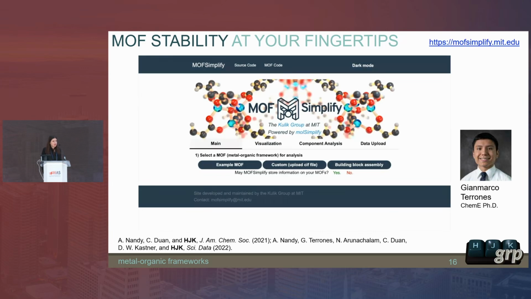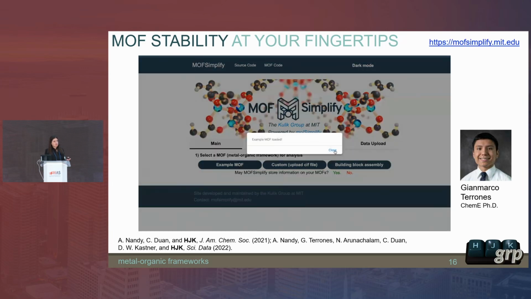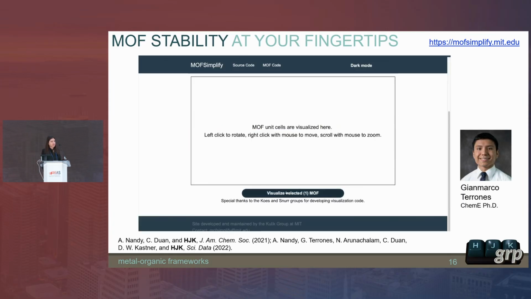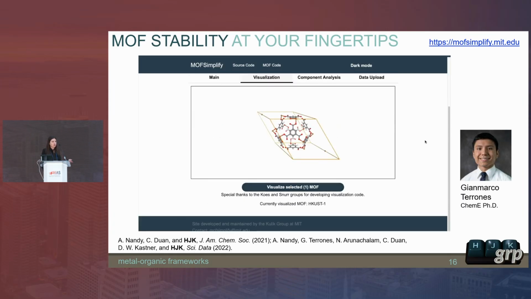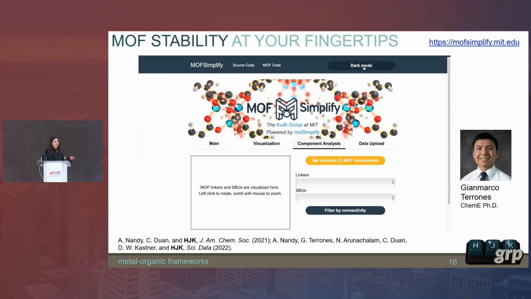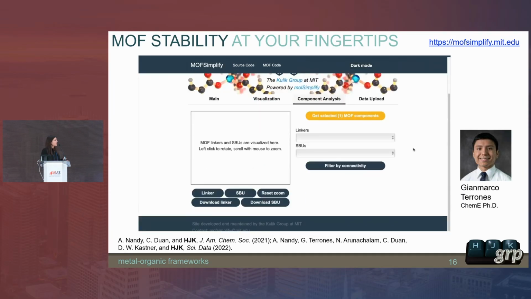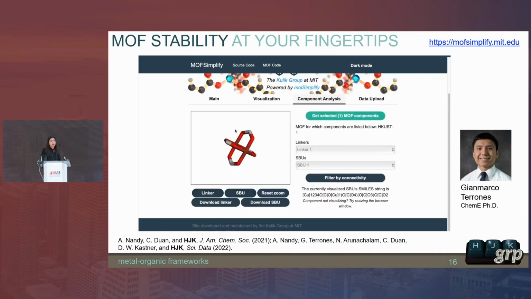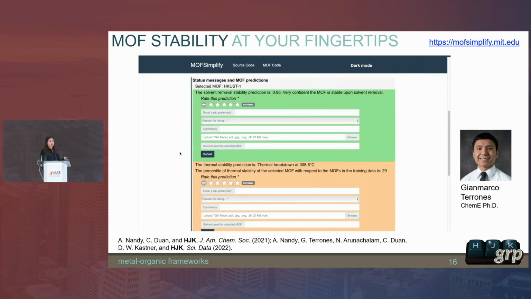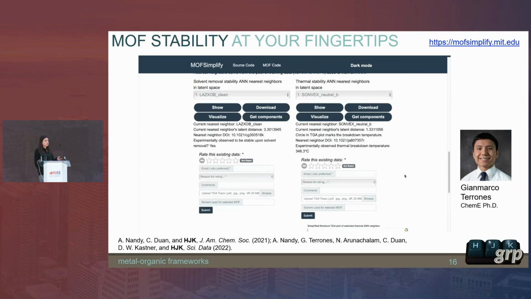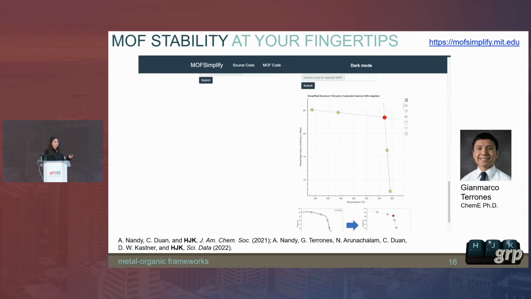So one of my favorite things about this is that all of this is on a website where you can interact with it, and you can look at model predictions. There are other models we've developed for water stability, for gas separations. You can look at where the data comes from and where in the distribution your MOF sits with respect to the training data. You can also rate our predictions. All of our predictions are extracted from the literature. Some might be more accurate than others, and we hope in this way the models will continue to improve as more data becomes available.